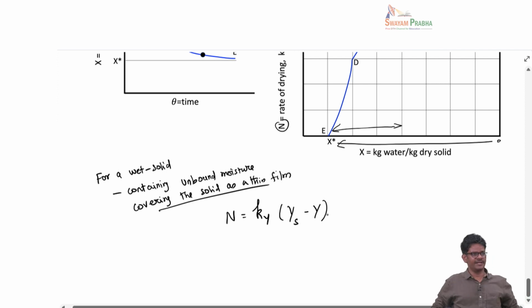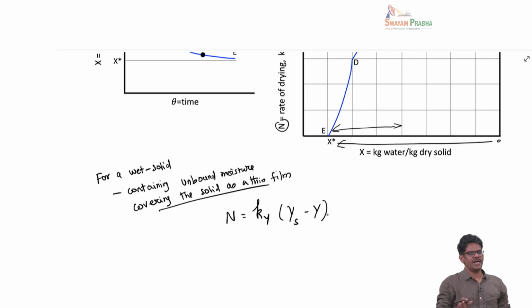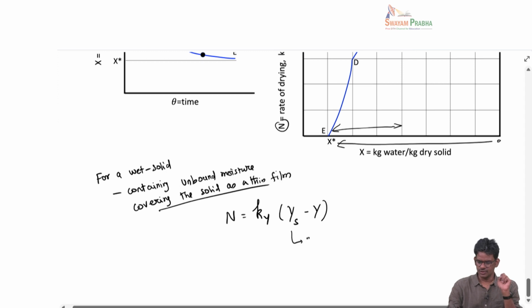Okay, if I want to theoretically calculate the mass transfer rate, I would apply the convective mass transfer law. I write some mass transfer coefficient. This mass transfer coefficient will depend on the drying condition: at what rate the gas is flowing, what the drying temperature is, what the nature of the gas is, et cetera. It's something you can get from correlations based on the flow conditions. Then this Ys here is called the saturation humidity of the air